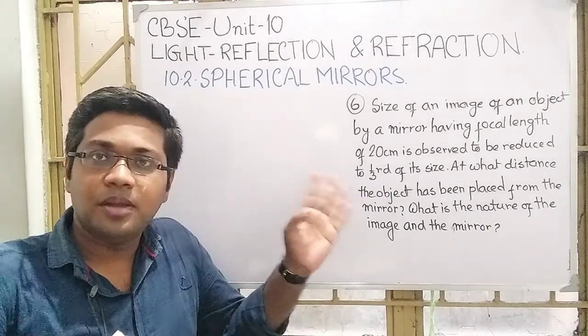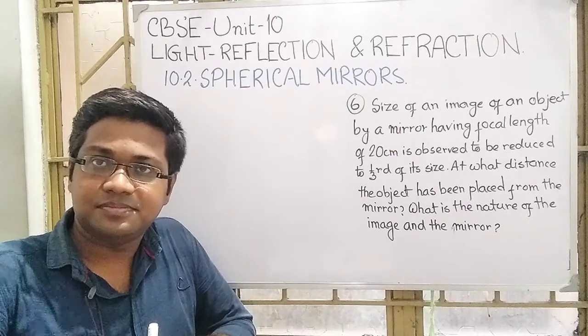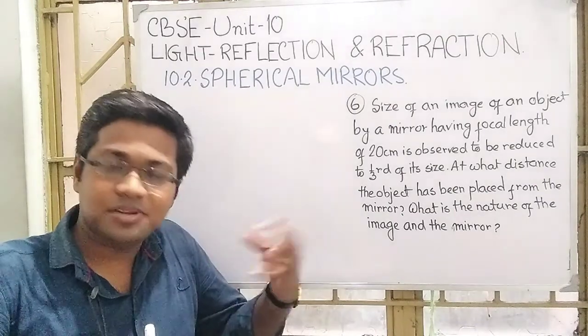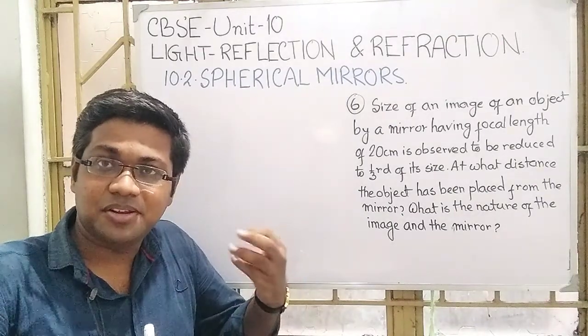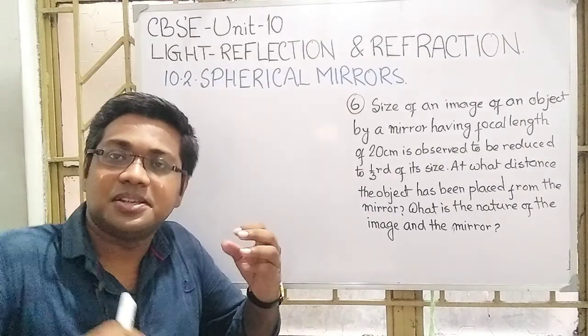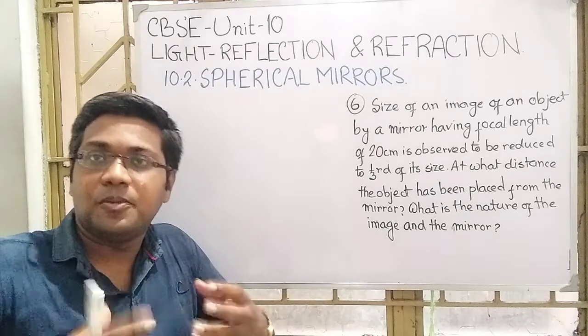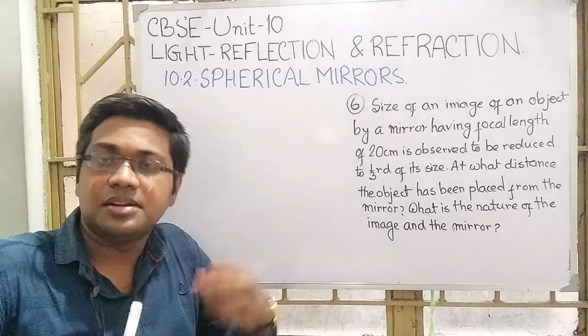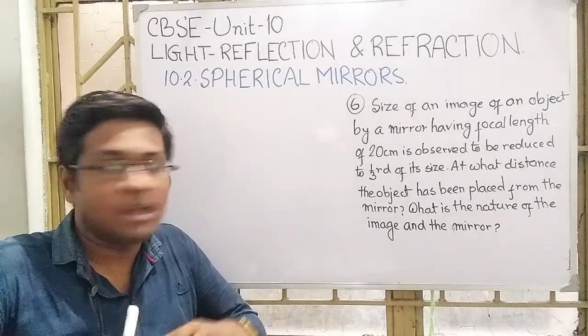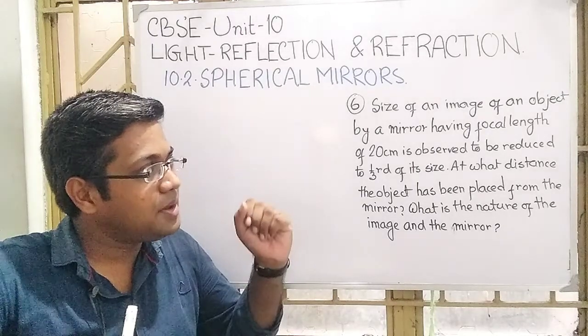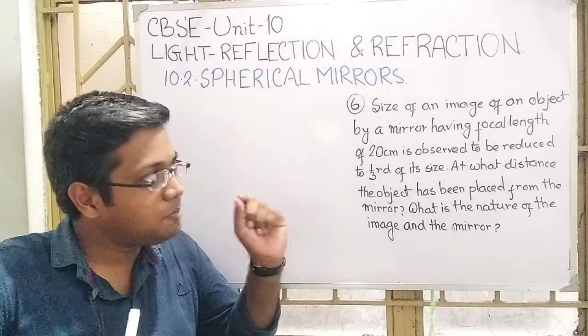It is a problem of NCERT example. Now try to understand the difference between the NCERT exercise and the NCERT exemplar. Some advanced type of problems are discussed in the NCERT exemplar. Here it is said that the size of an image of an object by a mirror